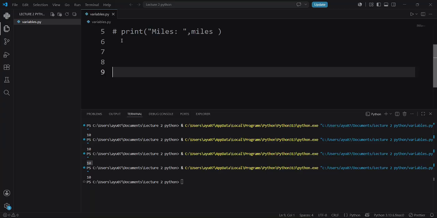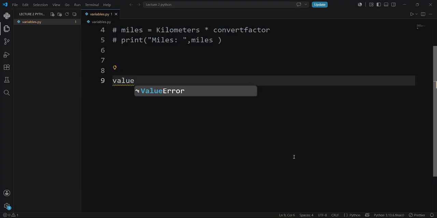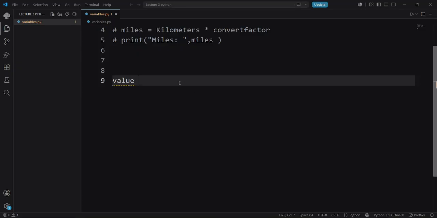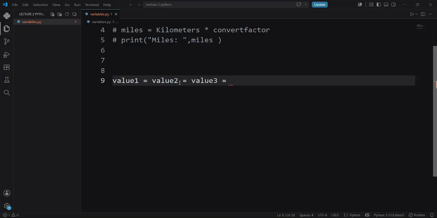यहाँ पे हम लोग जाते हैं कोड एडिटर में, एक बार फिर से क्रिएट करते हैं अपना। इसको हटा देते हैं। सॉरी सॉरी, वैल्यू, वन मिनट, ए बी सी इज इक्वल टू स्ट्रिंग वन। वैल्यू वन इज इक्वल टू वैल्यू टू इज इक्वल टू वैल्यू थ्री इज इक्वल टू हेलो पाइथन। I have written here hello पाइथन।